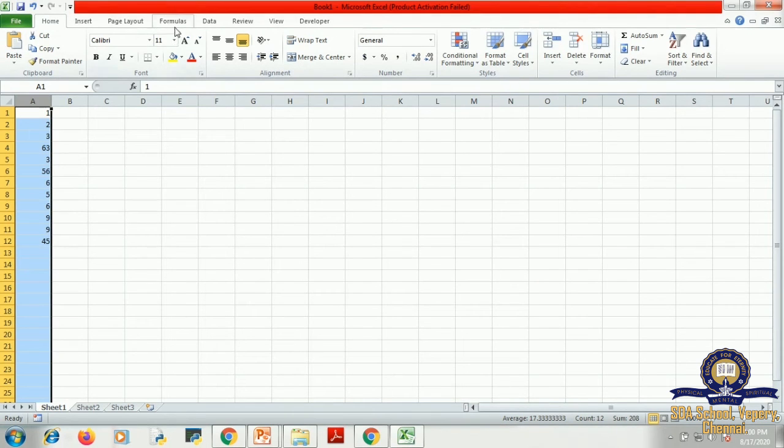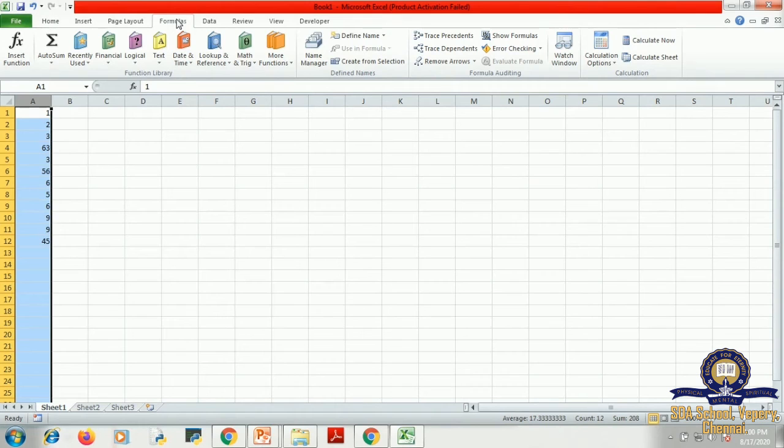Okay, where is auto sum? I told you, you have to go to the formulas tab. You have to go to the formulas tab, select auto sum. Here it is given, sum. If I click sum, where will be the answer for me? Look down at your worksheet. You can see the option here as average 32, count is 13, sum is 416. It has already given me the values, sum, count, average. All three values by default will be displayed in the status bar. Okay, so this is the auto sum functionality.